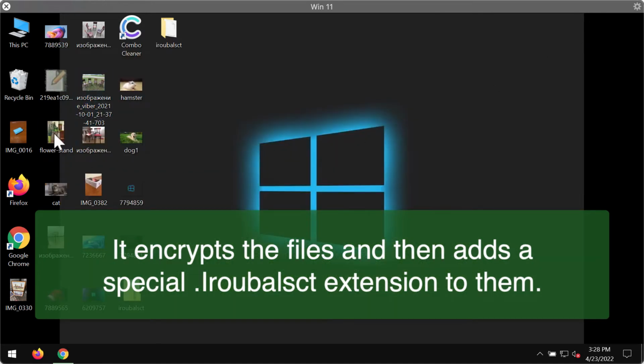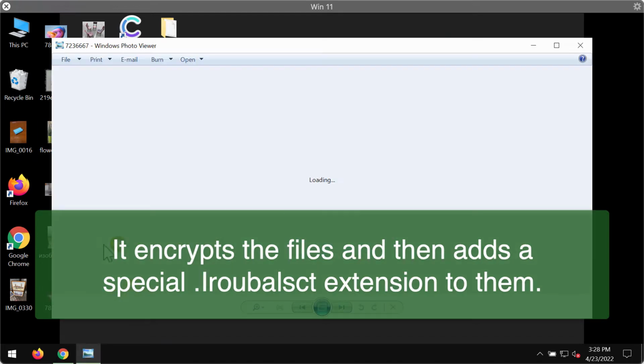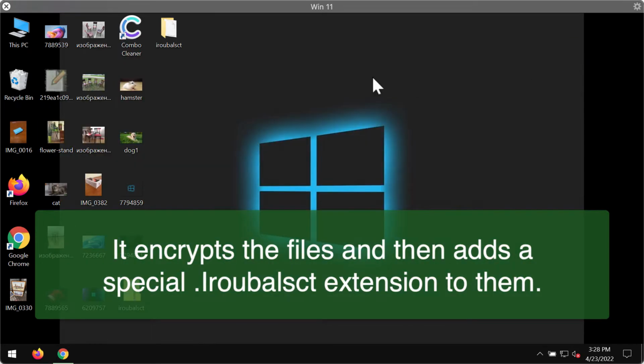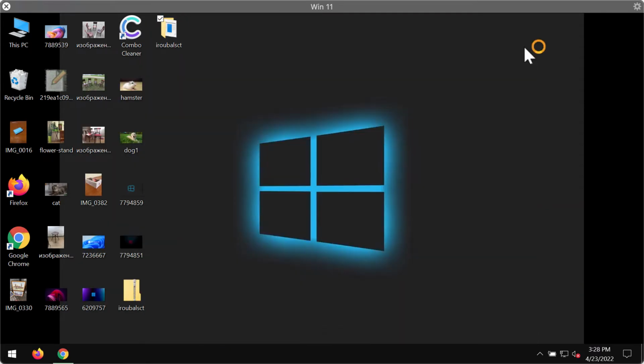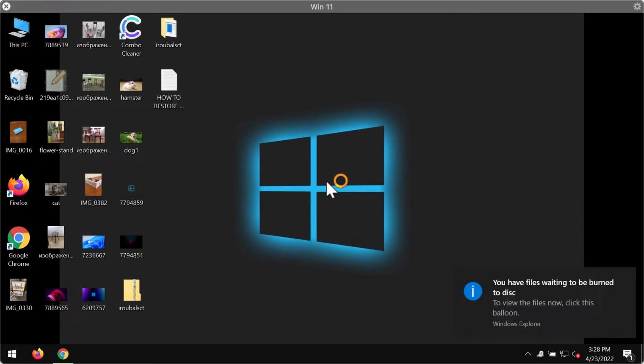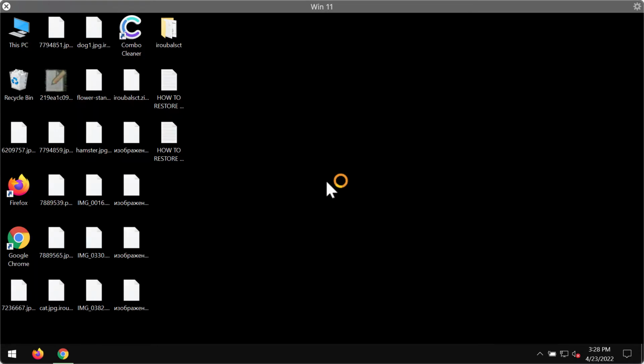So, of course, you are able to open the files without any problems, including pictures, music, Microsoft Office, and other data. Regretfully, because of certain existing vulnerabilities in the system, this particular ransomware may be injected into the system. After being launched on the test computer, in our particular case, Iroubalsct began encrypting files and changed their file names by appending them with a special extension called